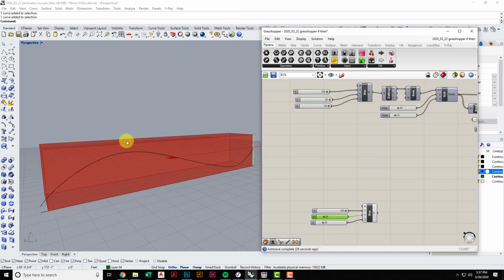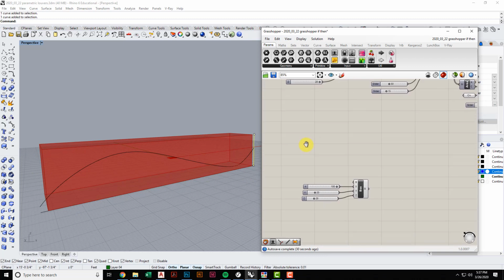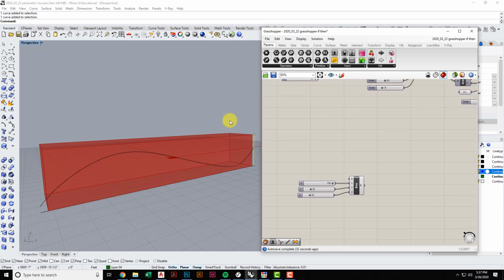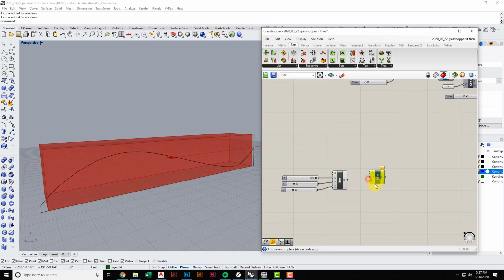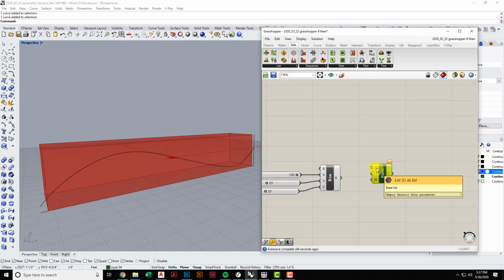So from there, I want to just extract this face here as my main face I'm going to start to be working on. So to extract that face out of my box, which has all 6 sides, I go to my sets, list item, and list item is going to want the items to be listed and the specific index that I want. So I'll put my box in here,